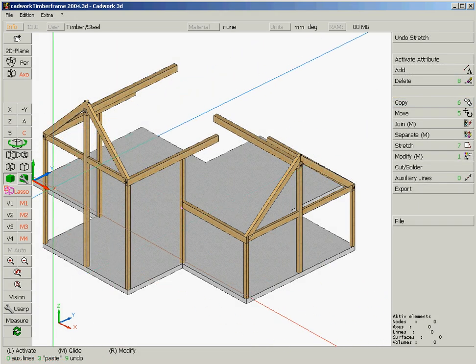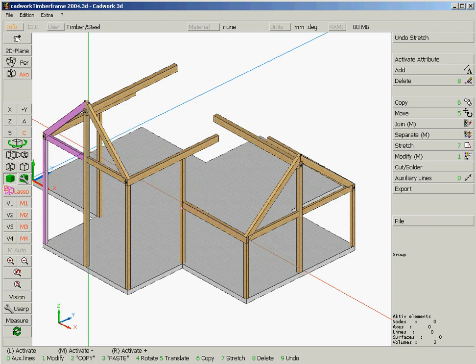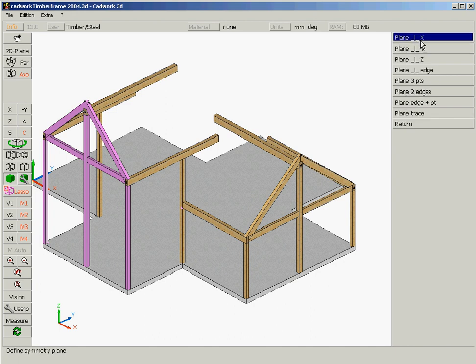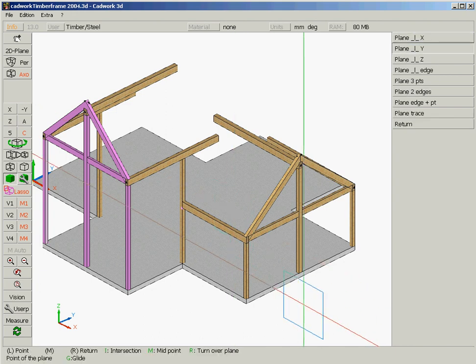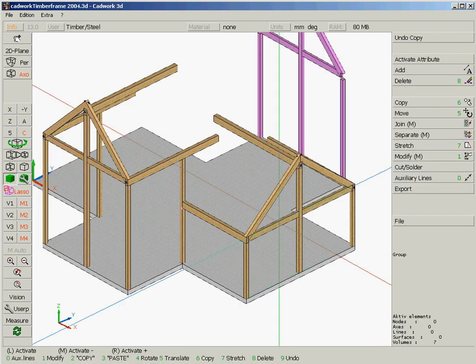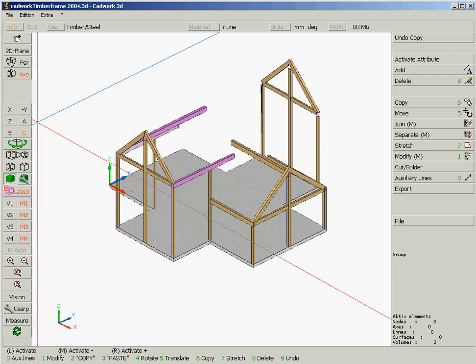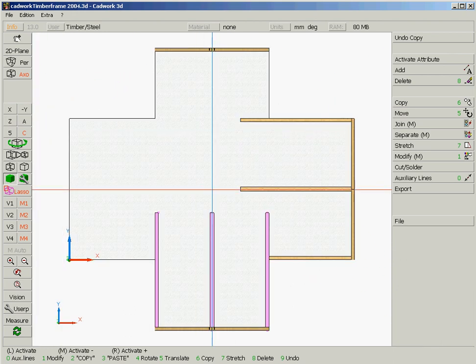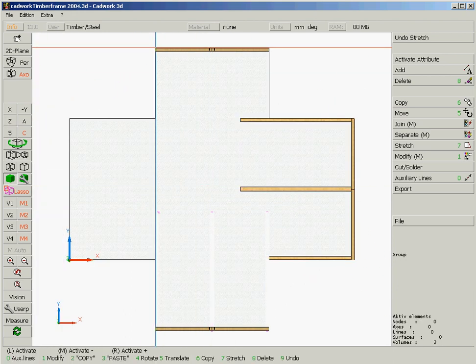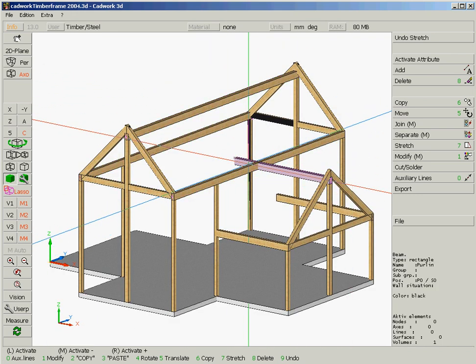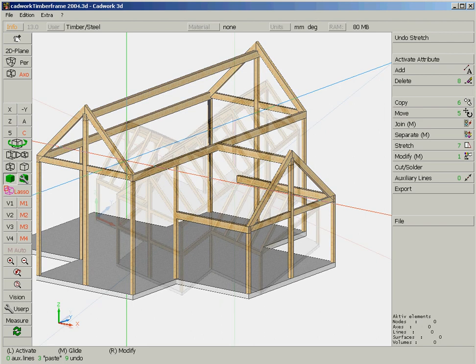Same way for the second frame, just changing some parameters. I will copy now some elements with copy, symmetry, plane in Y direction, through the midpoint of this edge to the other side. Now I will stretch some purlins to the other gable, and now you can see it's very easy to work, to stretch, to copy, to cut